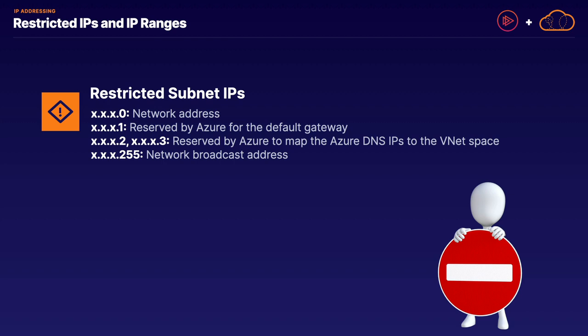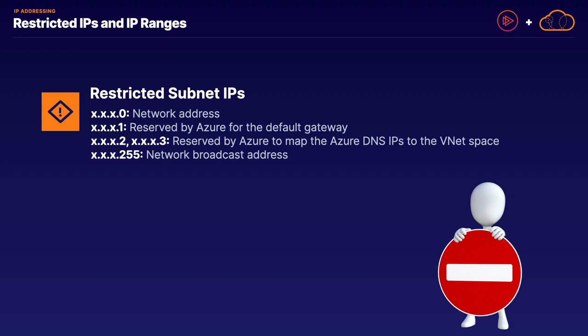virtual network space. And also be aware that the very last possible IP in that range, in this case .255, is reserved for the network broadcast address. These are the first 4 addresses in a host range, as well as the last one, for 5 total. This means if you are creating a subnet with a /24 address range giving you a theoretical max of 256 host addresses, the actual number of usable addresses would be 256 minus 5, giving you 251 actual addresses available for